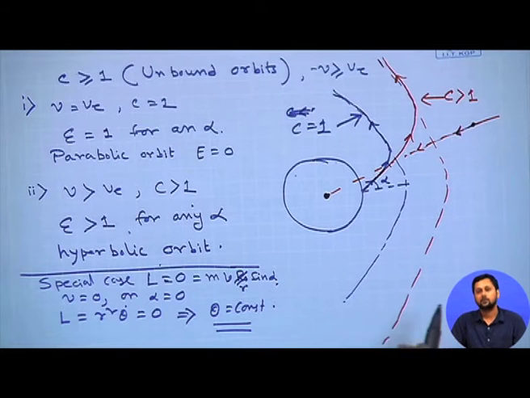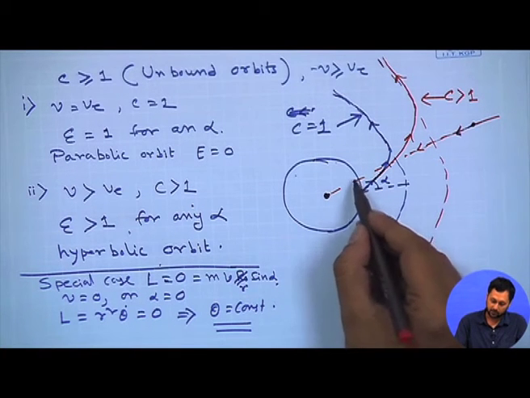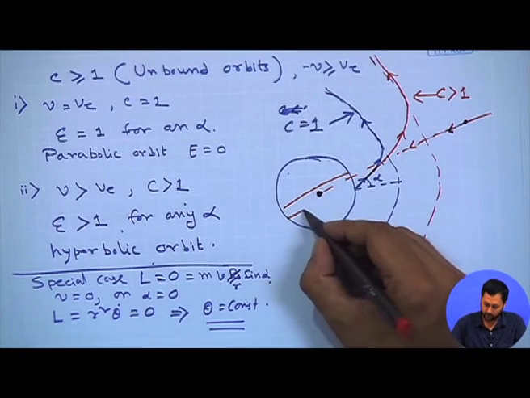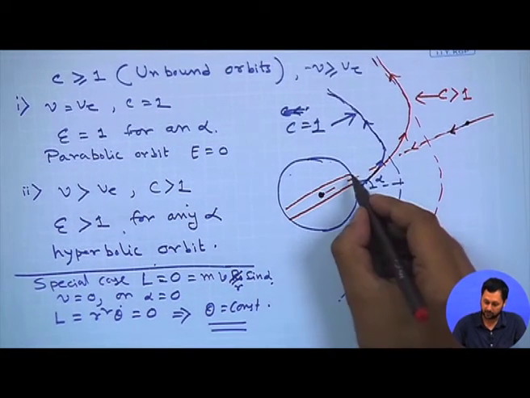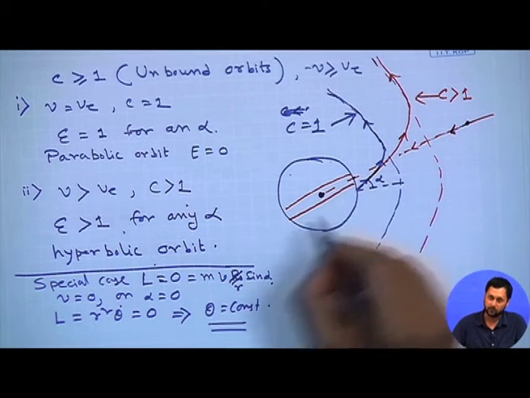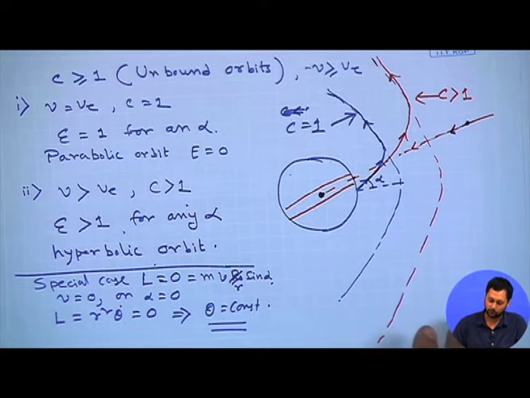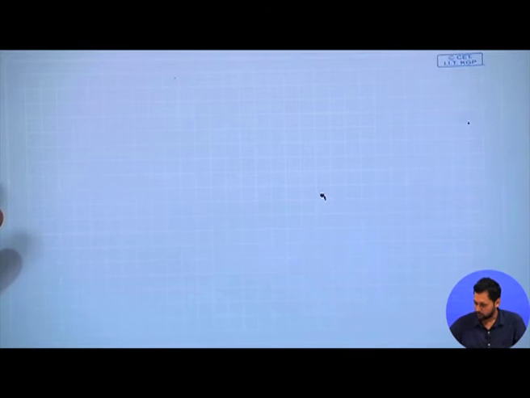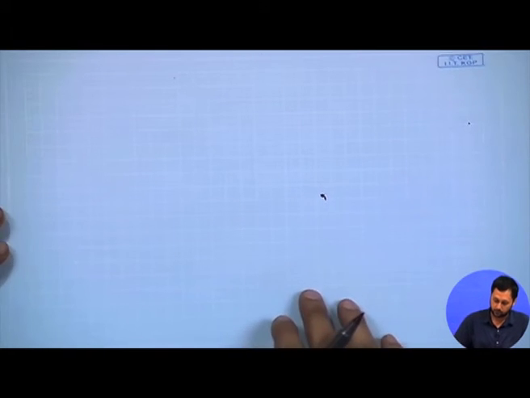And from our +2 standard physics, we know that if we dig a tunnel along the length of the earth, and if we allow an object to move back and forth, the motion will be a simple harmonic motion, that we know. So, let us not go into the details of that. The last topic which I want to cover is transfer of orbit.